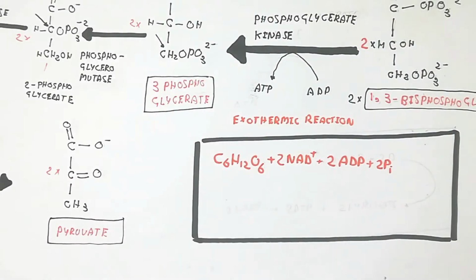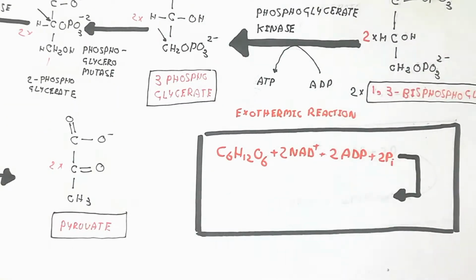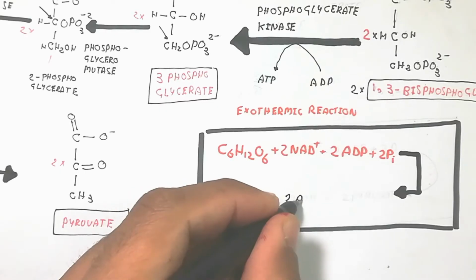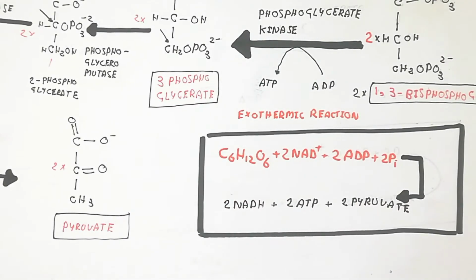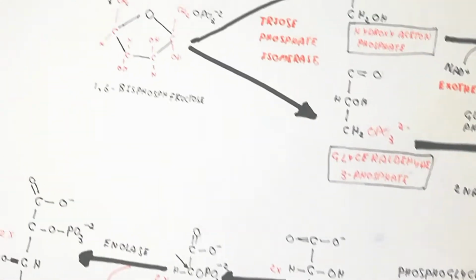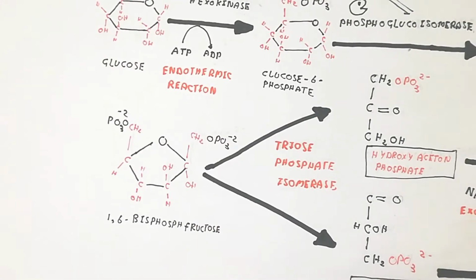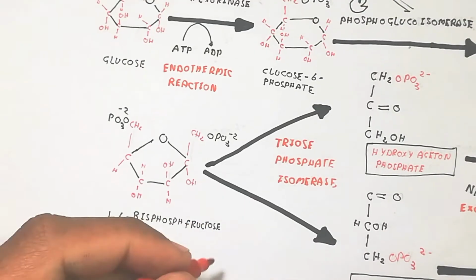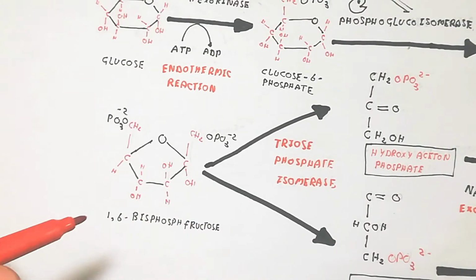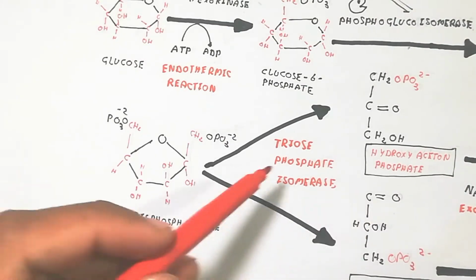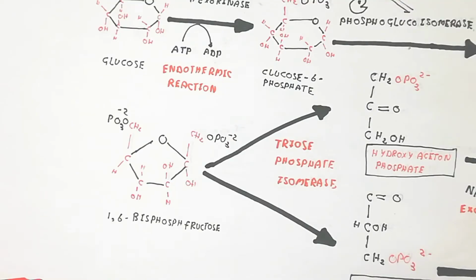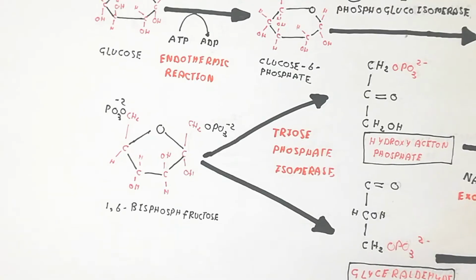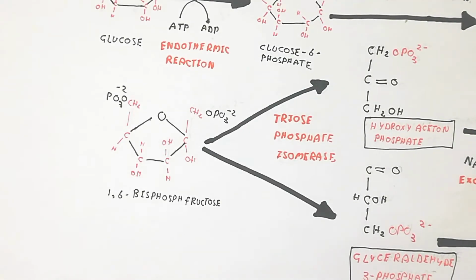So here is the glucose molecule, which is converted with 2 NAD plus and 2 ADP into 2 ATP and 2 NADH plus 2 pyruvate molecules. These 2 pyruvate molecules either go into the mitochondria or change through the decarboxylation reaction to produce 2 acetate. So now we will discuss step by step. It's easy to understand and remember these things.